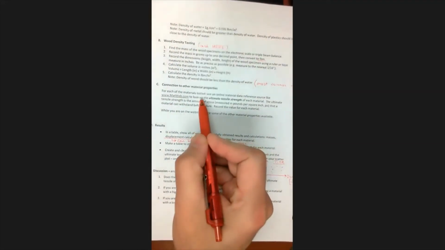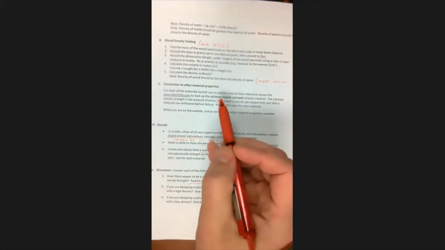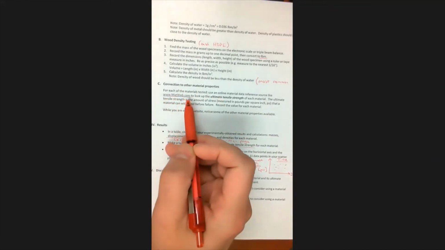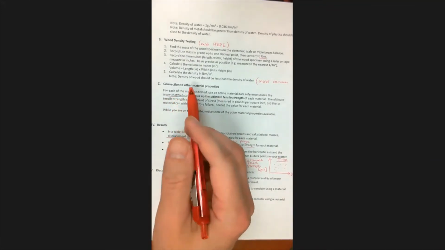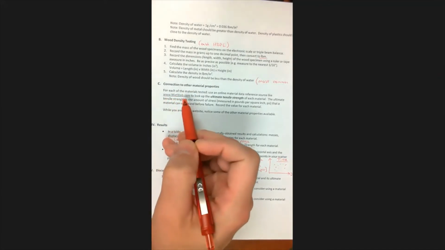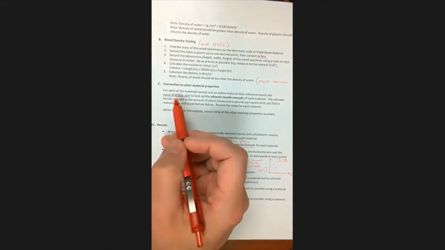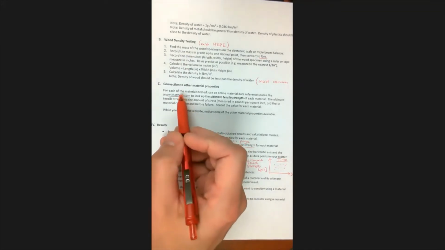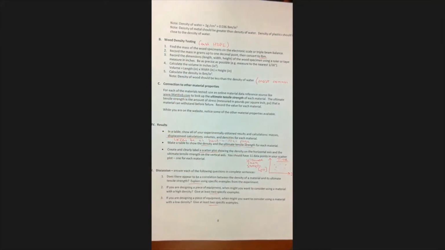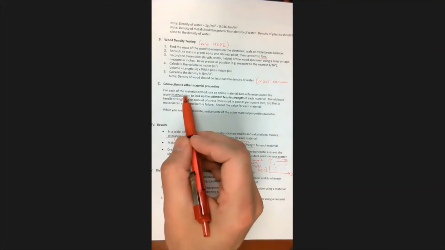And then in part C, I want you to use this data to make some connections to other intrinsic material properties. So what I want you to do is go to this online material reference webpage called matweb.com. It's not named after me, unfortunately. MAT stands for materials, so it's kind of short for materialsweb.com. But you're going to use this website quite a few times in this class. It's a really convenient website that lists the material properties of hundreds, maybe thousands of different kinds of materials. And what I want you to look up here for lab 1,